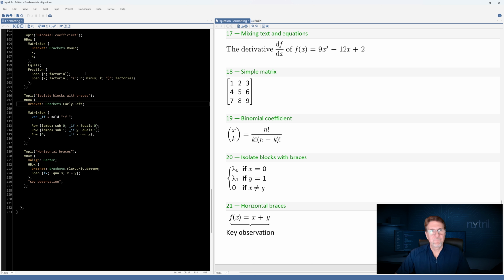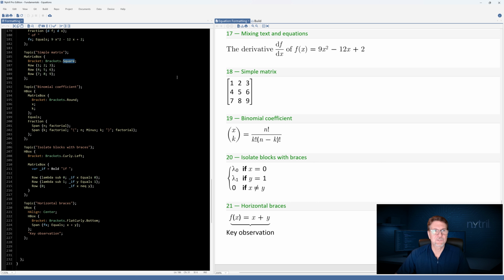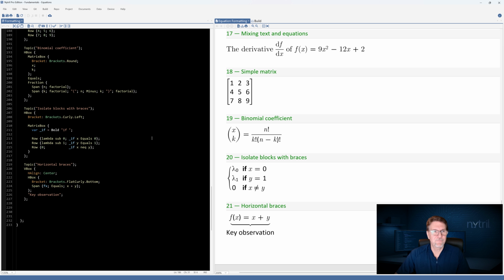By default, a bracket has the left-right property set. That's why brackets round here and brackets square here showed up on both sides, because that is the default positioning. We can obviously override that by adding a dot location item to the right of the bracket. So here we've got dot left, we can do dot right, and that moves it around.